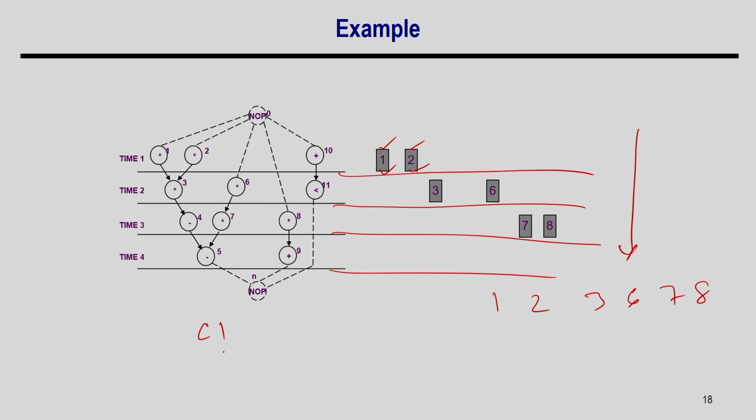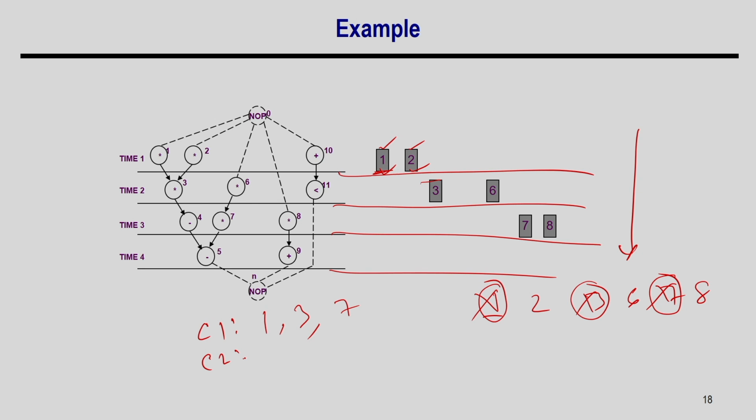Now you take the color 1. I can select 1. If I select 1, I cannot select 2 because they are overlapping, but I can select 3, because the left edge of 3 is greater than or equal to the right edge of the previously selected one. So I selected 1, I selected 3. Once I select 3, I cannot select 6, but I can select 7, because it is non overlapping with 3. So in the first iteration I select 1, 3 and 7, which is given the color 1, and then I will make it color 2.